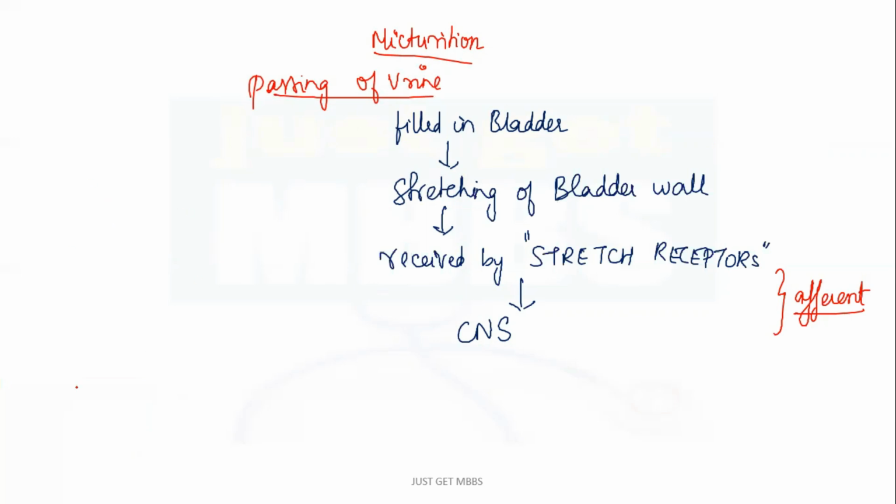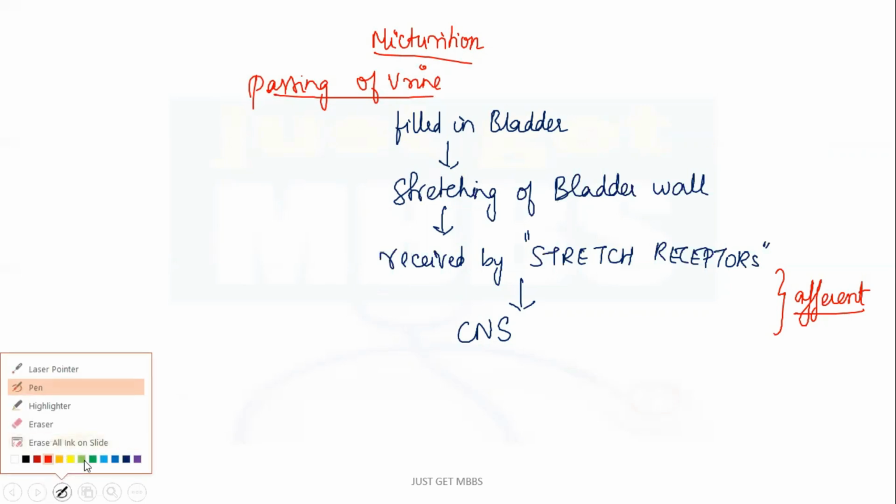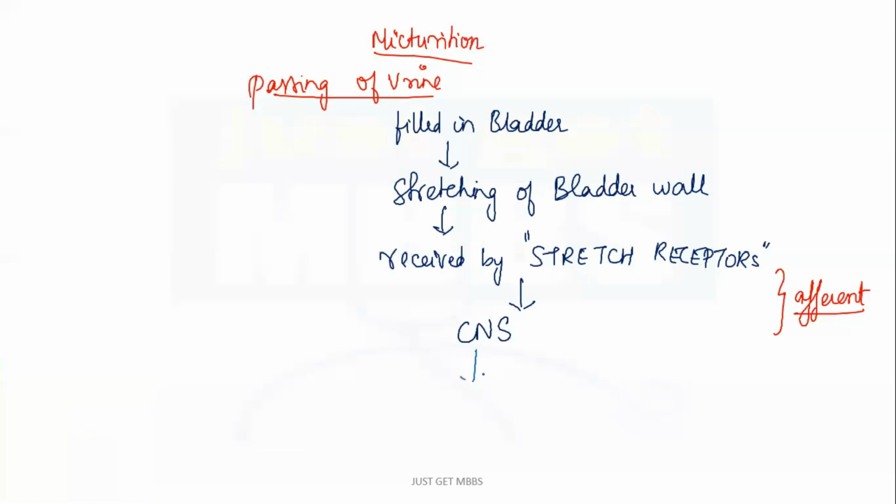And the CNS is going to send a response through the efferent nerve fibers, which is usually a motor fiber, meaning it is going to supply a muscle. So there is an effector or a motor pathway being activated, which here is the efferent pathway, right? Motor pathway activated. So this is going to act on the smooth muscles of the bladder and the sphincter muscles. So what is going to be the response from the CNS is very important.